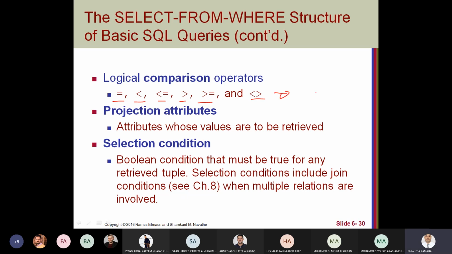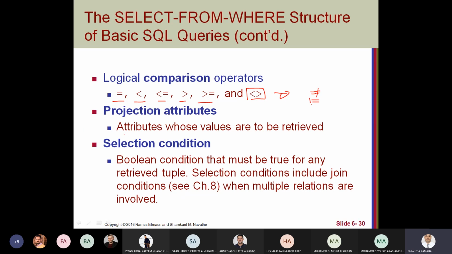In some languages, you can use different symbols. In SQL, we use bigger than with less than, and this means not equal.